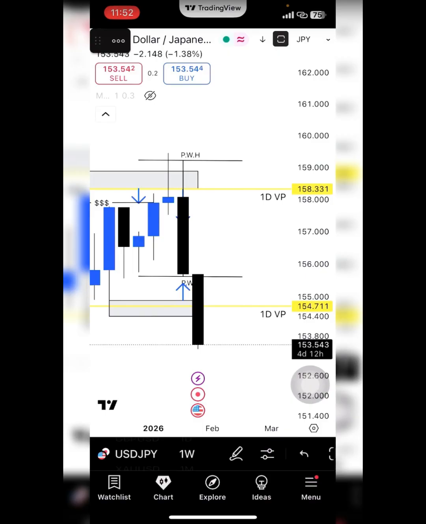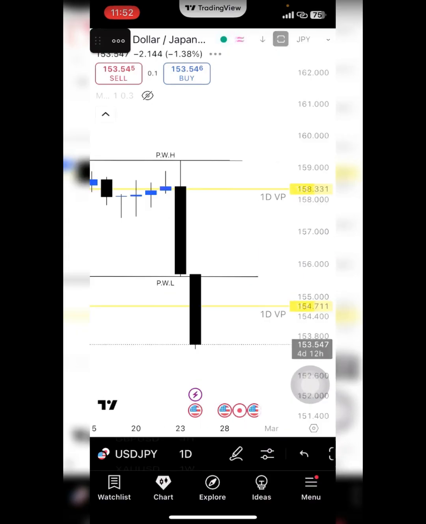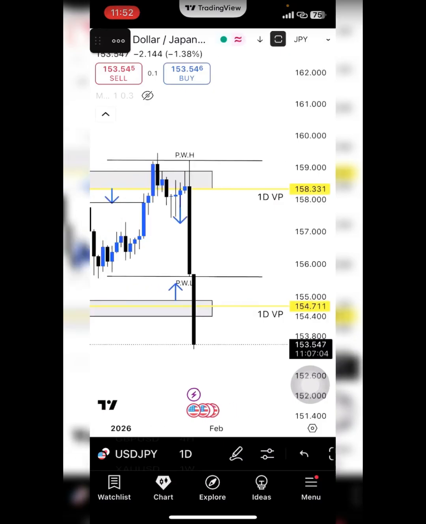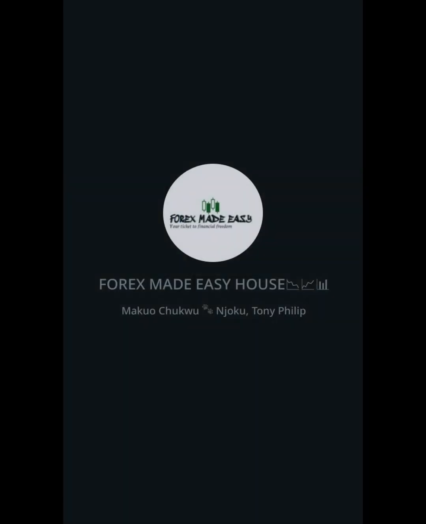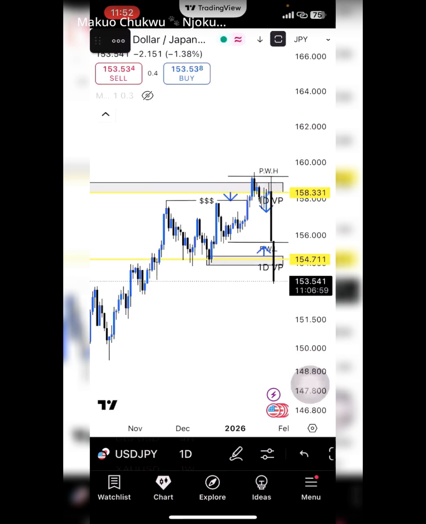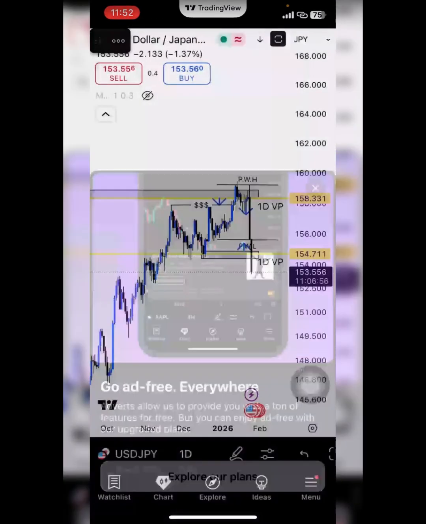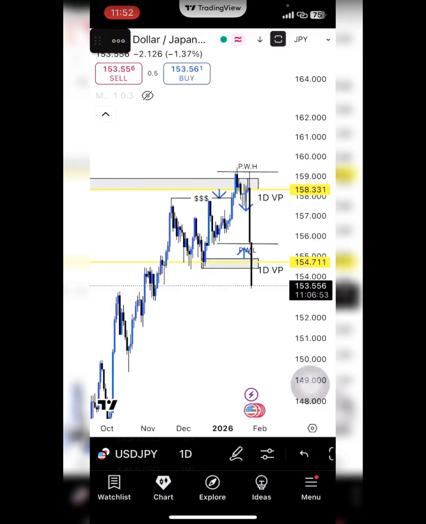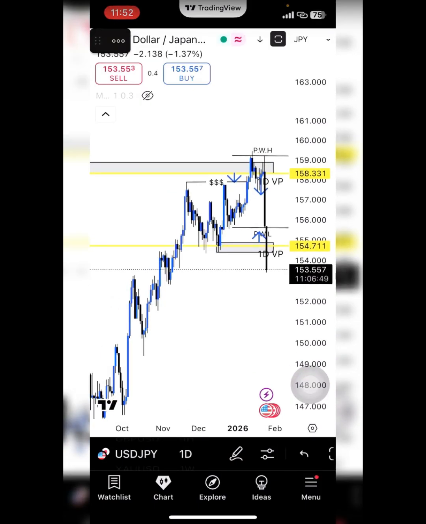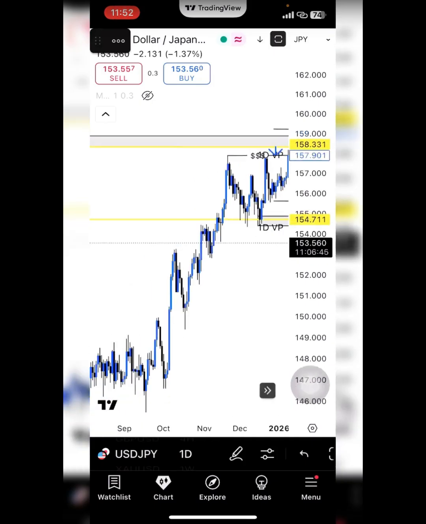Then we go to the daily time frame. On the daily time frame, market daily demand and daily supply. So regarding what I can see, the daily demand has been broken. So it's not a valid setup now for us to look for buys on USD JPY. So if I am to make amends to what I can see over here,